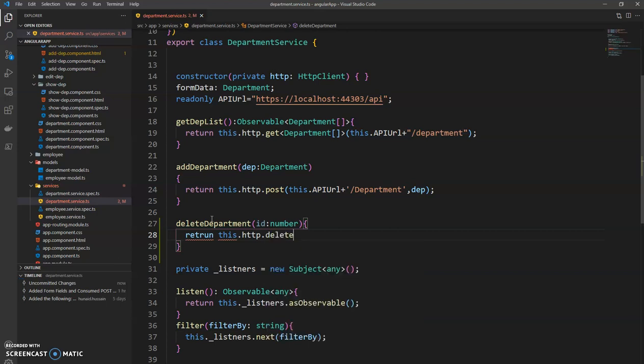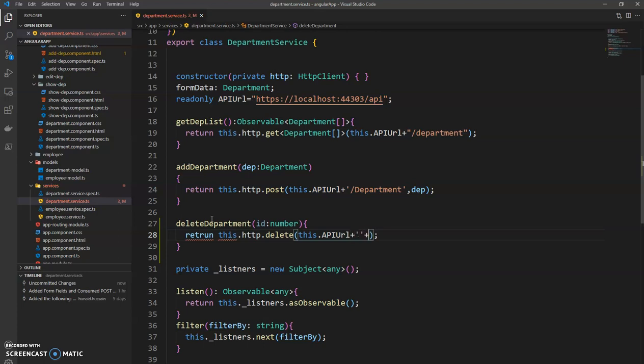So delete, and inside delete we'll be passing on the API, which is this dot API URL, plus we are going to use the